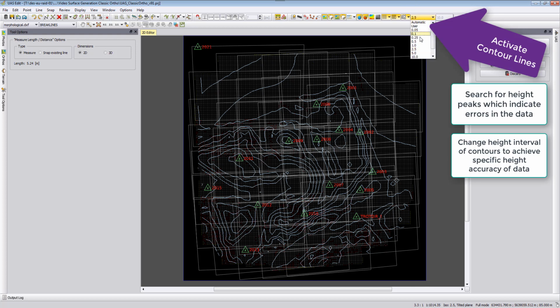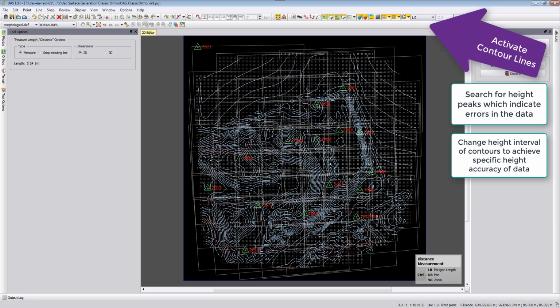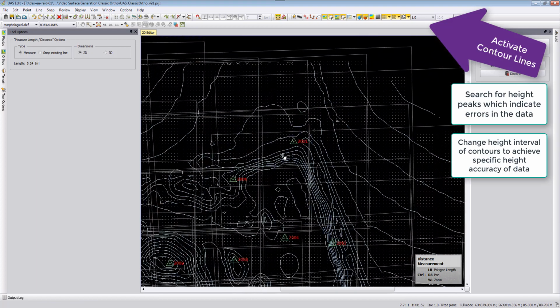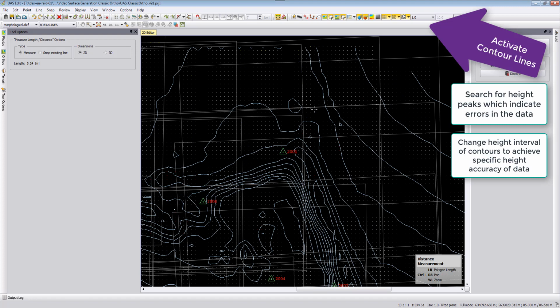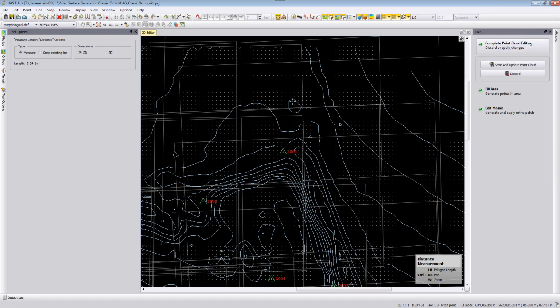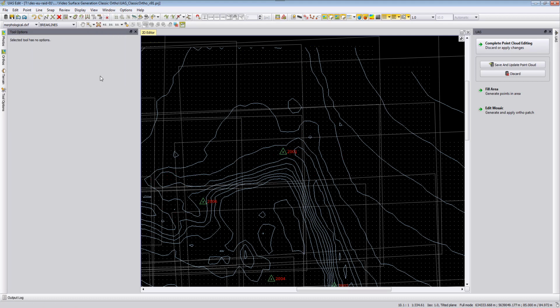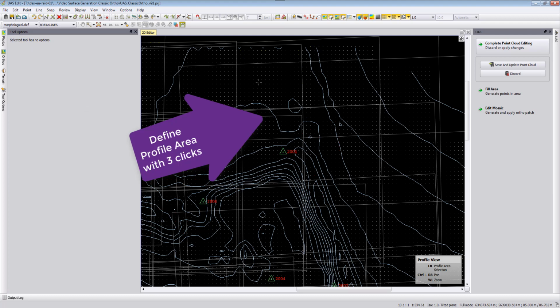So I will go 1 meter back, and then we can look here through our data. We see here in this terrain some parts, and we can look at this area in more detail. And this is done by the profile view. So the profile view, you can search it from view profile area, and here we will have to make 3